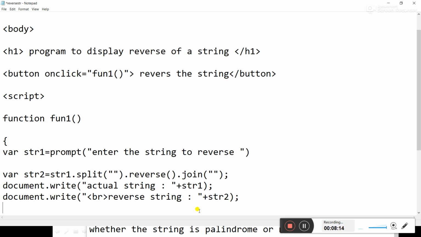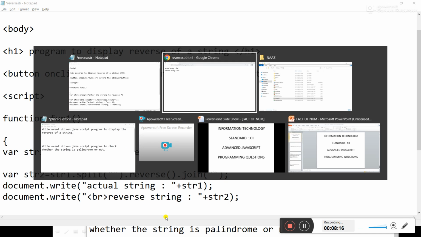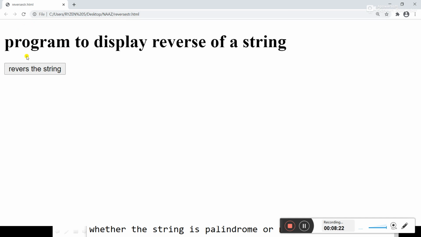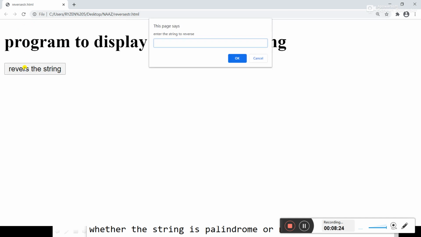So the output will be like this. First we will accept the string from the user. Suppose the user is going to enter India.